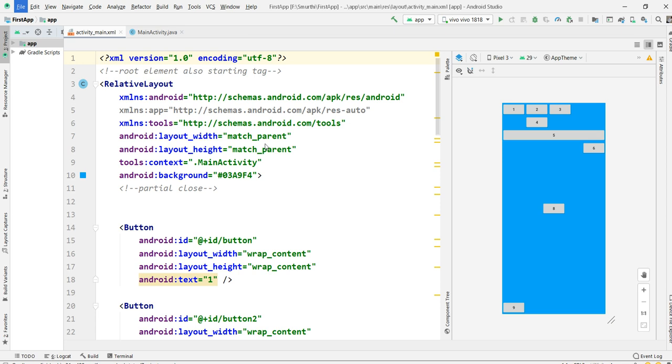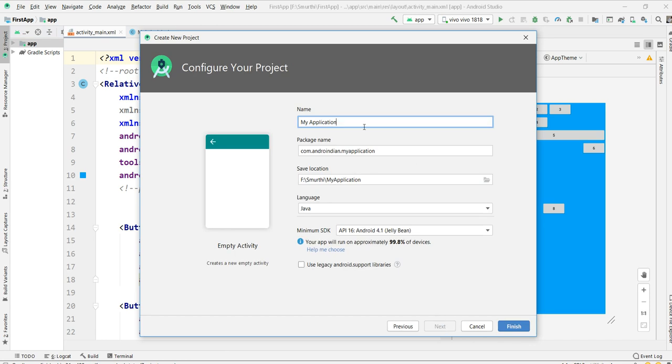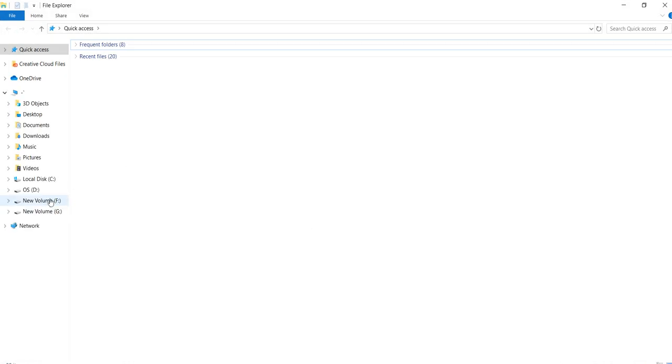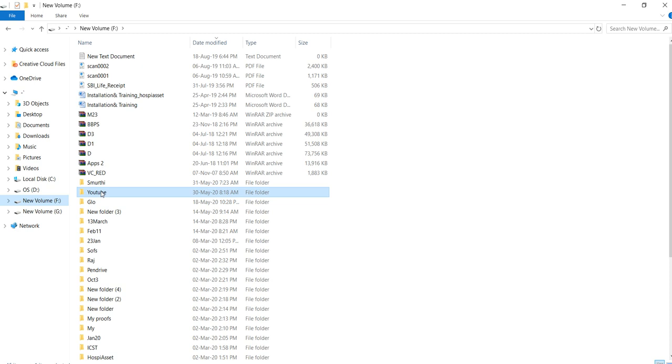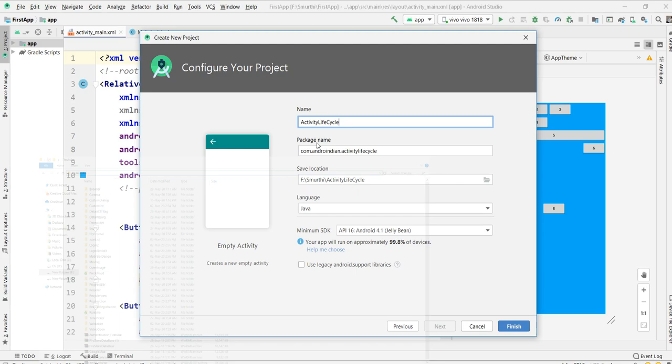So I'm creating one project here, and I'm giving it the name activity life cycle. I changed the workspace, I just want to change the workspace.